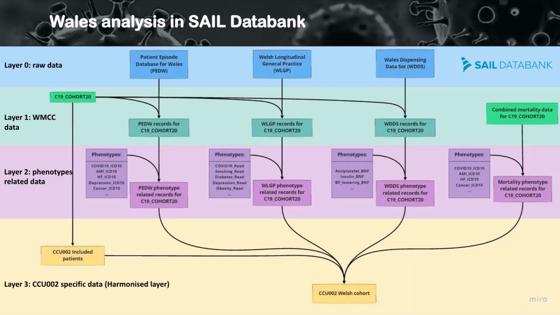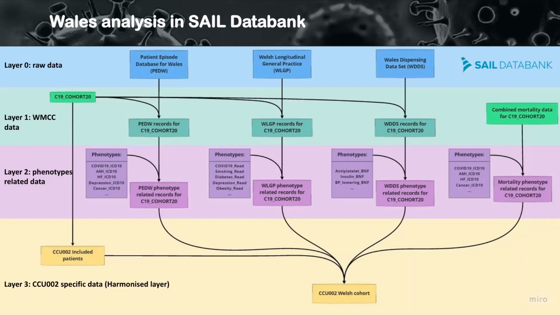Then we have created a subset of data sources only for those individuals in the population spine. These are called VMCT versions of data sources. At the next layer, layer 2, we have created the phenotype tables, for example, for COVID-19 phenotype in hospital data or primary care data. And as much as possible, we use the same phenotype code list across data sources in each nation. For example, the phenotype code lists used for hospital data, dispensing data, and mortality data were exactly the same as those in the English analysis.